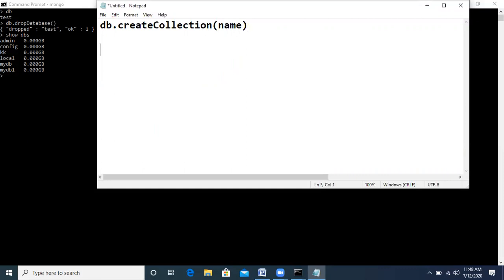Now suppose I want to create a collection named inventory. This will be a database which we will be creating, and we will be doing it in detail.